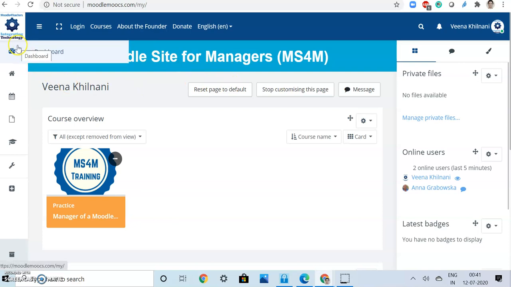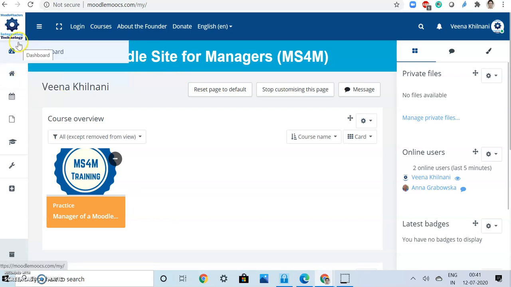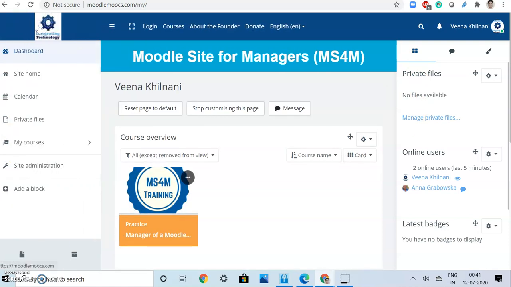So we have three sides. This is the dashboard, and we have three columns over here. This is the left, the center and the right. In the left we have different icons over here, and if we click on this icon, we can see the expanded